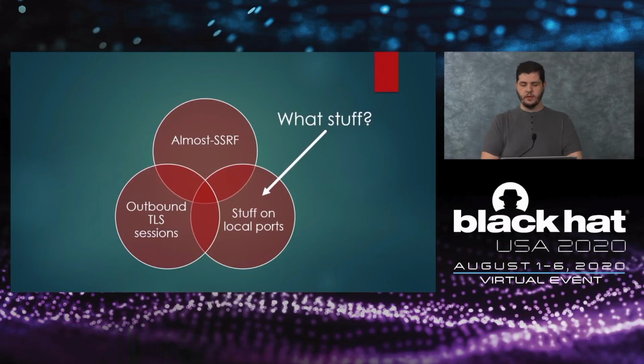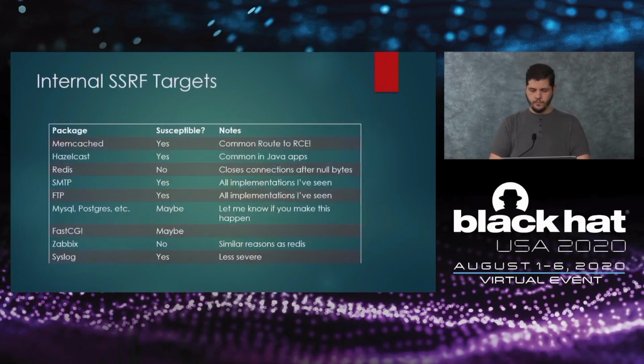The thing you run into the most trouble with is this last circle, because you have to first do some recon to see what ports might be internally exposed on the server, and then you need to see if what's on those ports is permissive enough to keep the connection open past the opening bytes of the TLS client hello. But here are some examples of what you might be looking for. It's far from complete, but here are some of the most notable entries I've had success with.